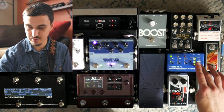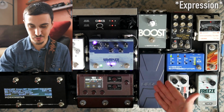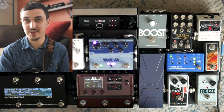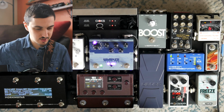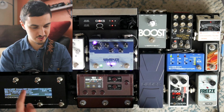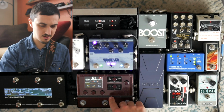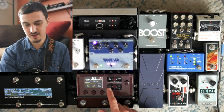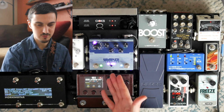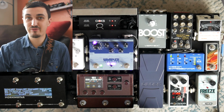Cool, so for me, it's just about control. How many different things can I do with just one volume pedal? It really cut down on the size of the board. It let me have access to a lot more parameters than I would have normally. And in the future, if I want to set this up basically as a lot of people do, intro, verse, chorus, bridge per song, I can set this up to control, in the intro, a volume parameter in the Helix for swells, and then the next one I can set it up to control the rate of a modulation effect, etc. The possibilities are endless. So I thought it was a cool effect, and I'm glad I got to share it